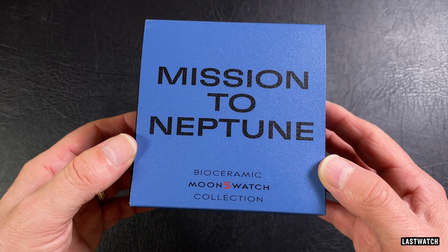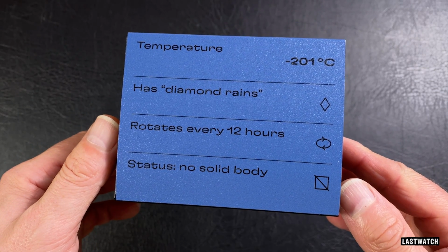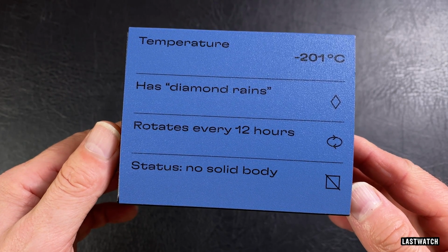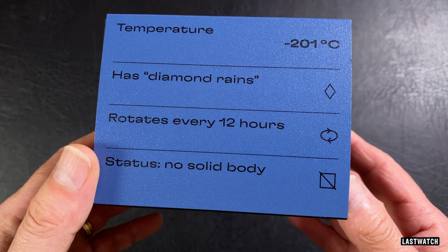The sleeve of the Neptune tells us that the planet Neptune isn't really a planet, as it's not a solid body, but a gassy giant with a solid core. I know a few of those. You might be tempted to pay it a visit, as it literally rains diamonds, but the minus 201 degree temperature